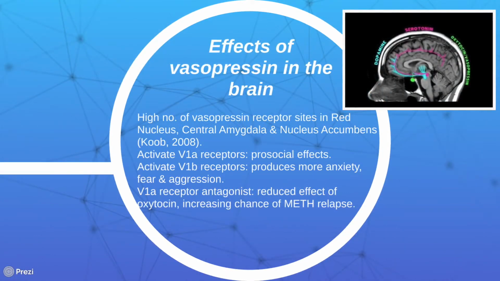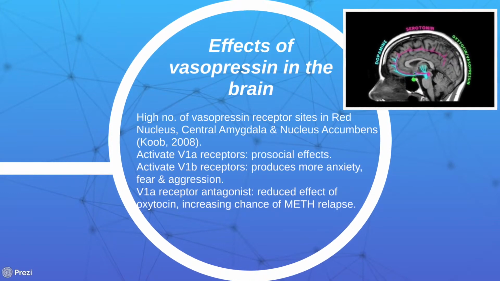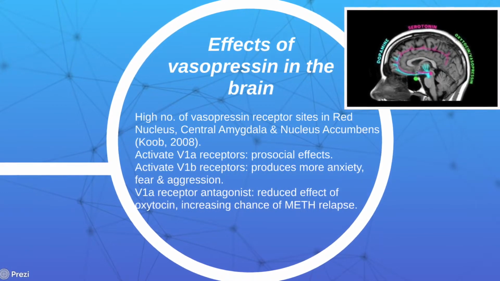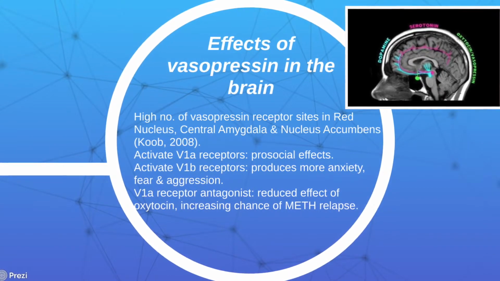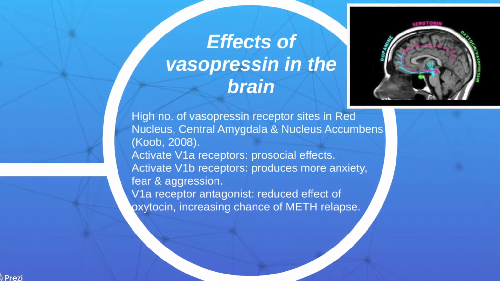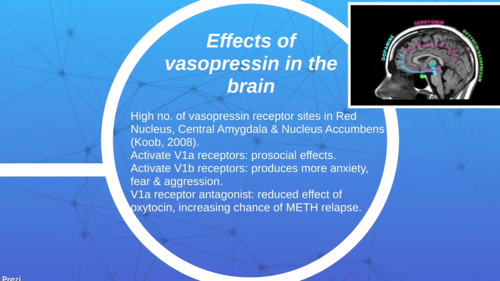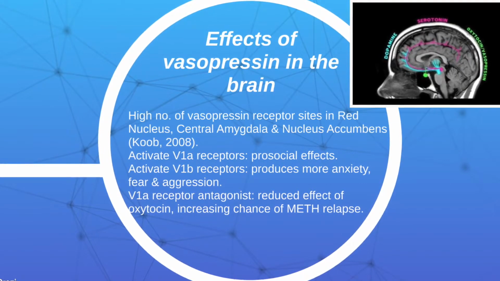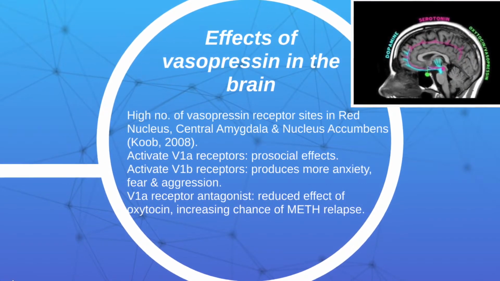The effects of vasopressin in the brain. There are high numbers of vasopressin receptor sites in the red nucleus, central amygdala, and nucleus accumbens. This was found by Cobb in 2008. It was discovered that activating V1A receptors produced prosocial effects in animals, while activating V1B receptors produced more anxiety, fear,